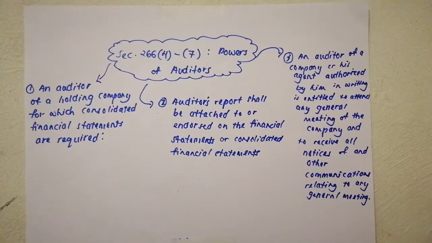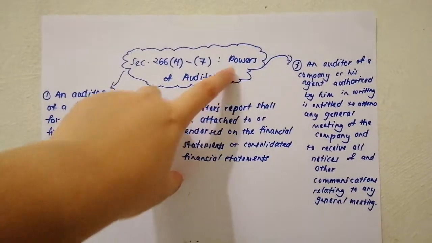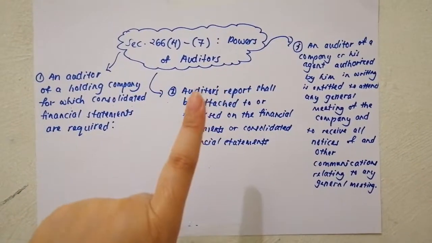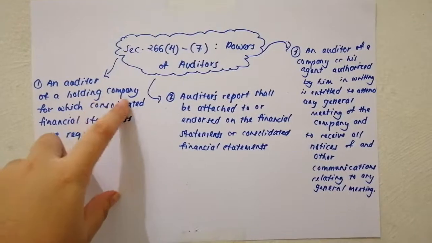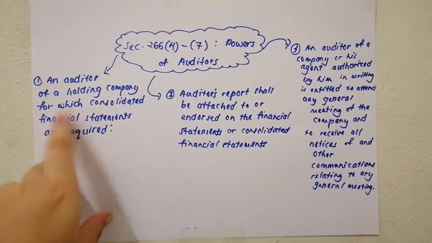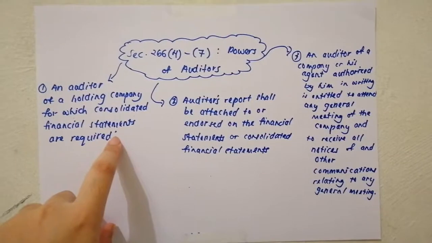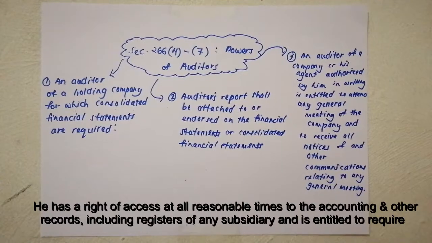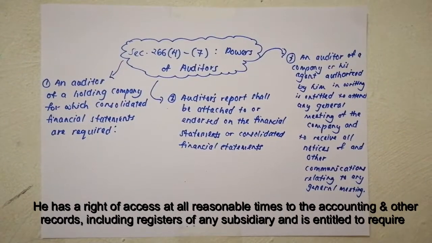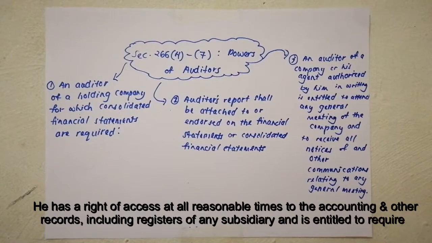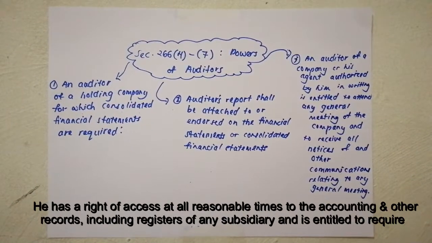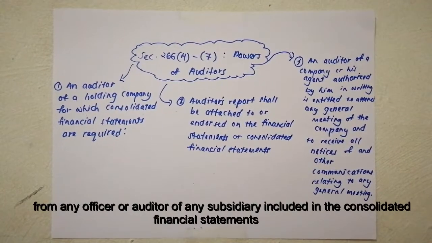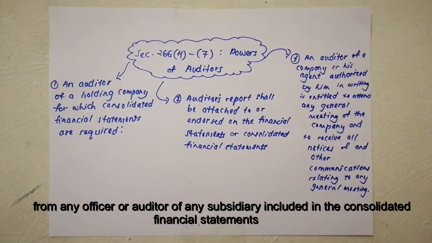Next is Section 226, Powers of an Auditor. There are three main points as well. The first main point is that an auditor of a holding company for which consolidated financial statements are required has a right of access at all reasonable times to the accounting and other records, including registers of any subsidiary if necessary, and is entitled to require from any officer or auditor of any subsidiary included in the consolidated financial